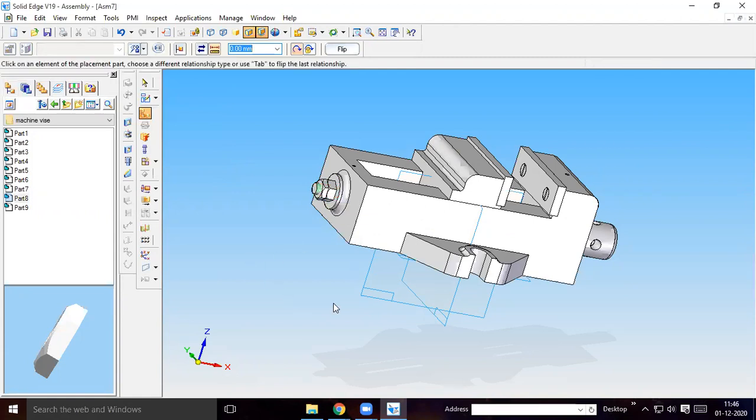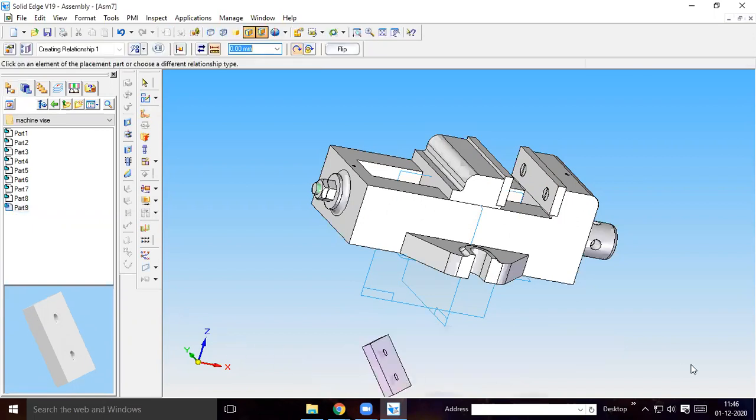Okay, so now anything left? Part 1 over, part 2 over, part 3 over, part 4 over, part 5 over, 6 over, 7 over, 8 over, only 9 is there. Okay, you will be having, see, 1 2 3 4 5 6 screws. 6 screws are used; though it is done one time, in assembly we are using it 6 times. Okay, it has to be placed like this. The screw holder has to come at the bottom. Place it at the bottom.